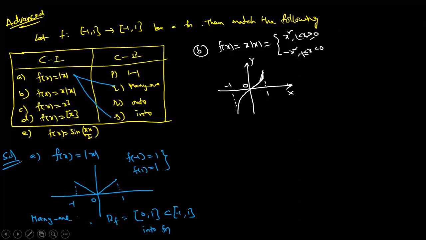So B. Tell me anyone. What are the possibilities? Check it. Draw a line parallel to x. Only one time it comes. Yes, it is one-one. Then excellent. Clearly f is one-one. And what about its range? The range is coming [-1, 1]. Put any value, it is equal to codomain. That means it is onto. So P and R.